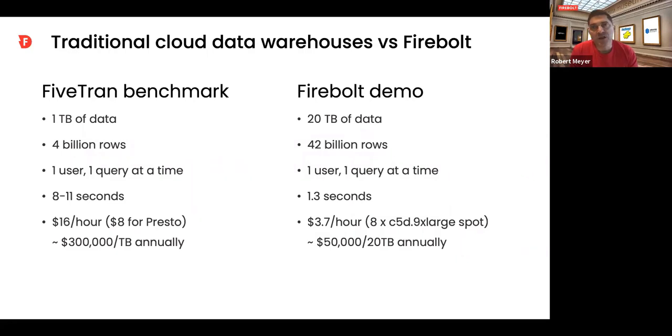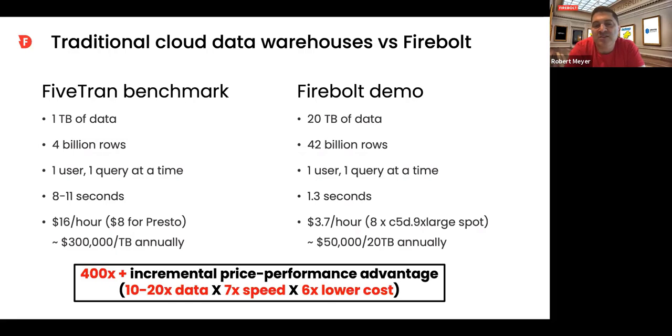Using a cluster fully loaded, all the costs in, it's 1/3 to 1/6 of the cost of the traditional cloud data warehouses, depending on what edition you're using. So at 1/6 of the cost, for 10 to 20 times the scale, you can be 7 times faster, or a few orders of magnitude better in price performance. That matters, but that takes a lot of architectural change.